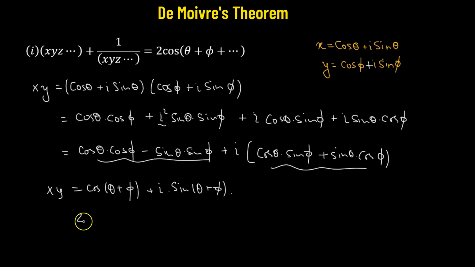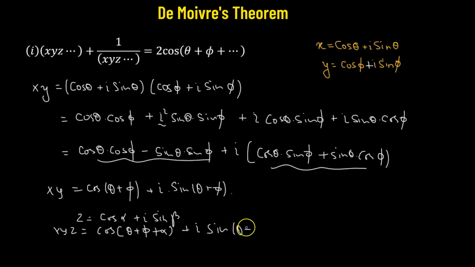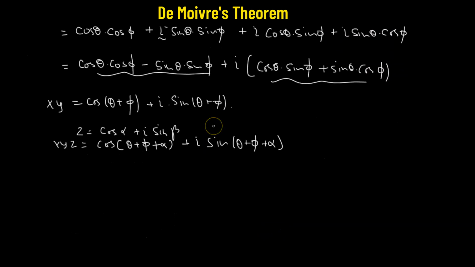Now let's say we take z to be equal to cosine of some other angle, let's say alpha, plus iota times sine beta. And when we multiply x, y, and z together, then we will get cosine of theta plus phi plus alpha plus iota times sine of theta plus phi plus alpha. So now if we want to generalize this, that means x, y, and this goes on, this will be equal